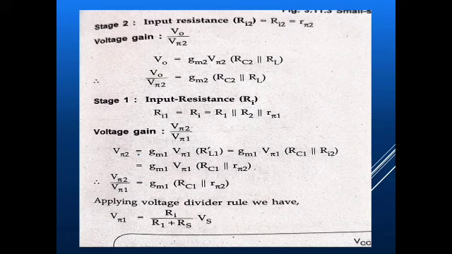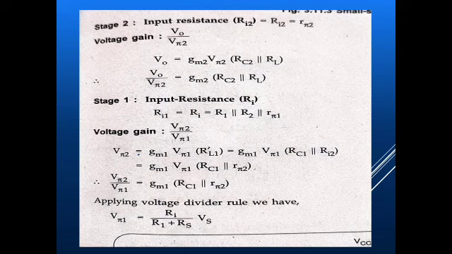First, let me start with the second stage. The input resistance of the second stage, Ri2, is given by R pi 2, and the voltage gain of the second stage is given by V0 by V pi 2. This can be obtained as GM2 into RC2 parallel with RL. When you go for the first stage, the input resistance Ri is given by Ri1, which is equal to R1 parallel with R2 parallel with R pi 1,